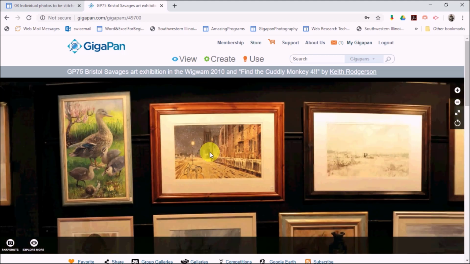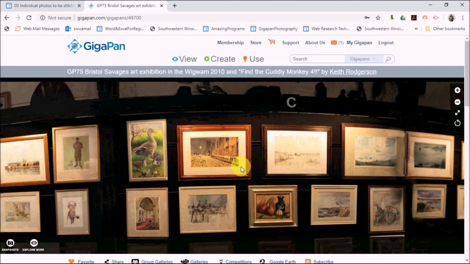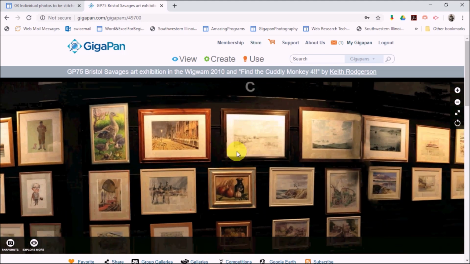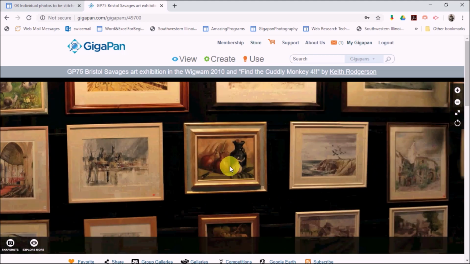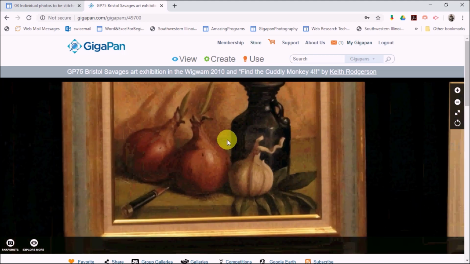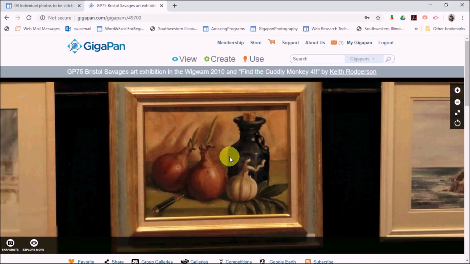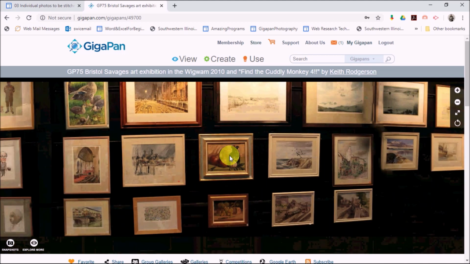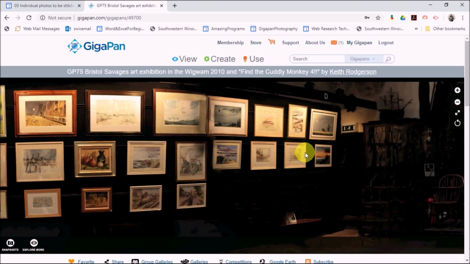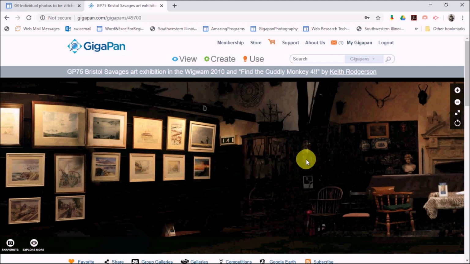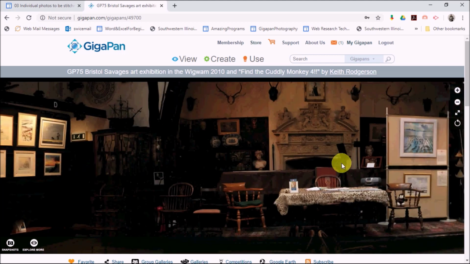So you can see if you have a large exhibit of some kind and you want to have people be able to explore it, maybe even purchase some of these items, you're able to use a gigapan image for these purposes. Even way over here, we can see